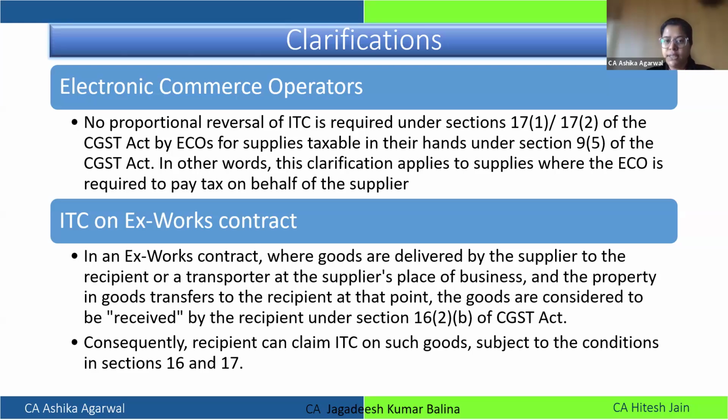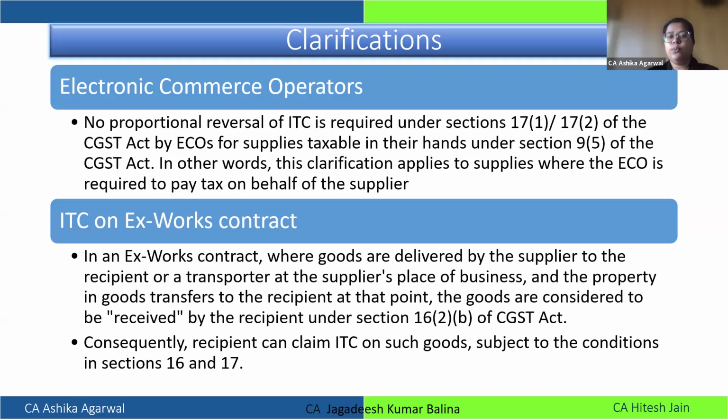And we have noticed that in order to capture this data, they have also last year amended GSTR-1, where they have separately provided a table to report e-commerce operator details, both by the e-commerce operator and by the supplier, where they are required to separately give the details of the transactions done through the e-commerce operator and where the e-commerce operator is liable to pay the taxes.